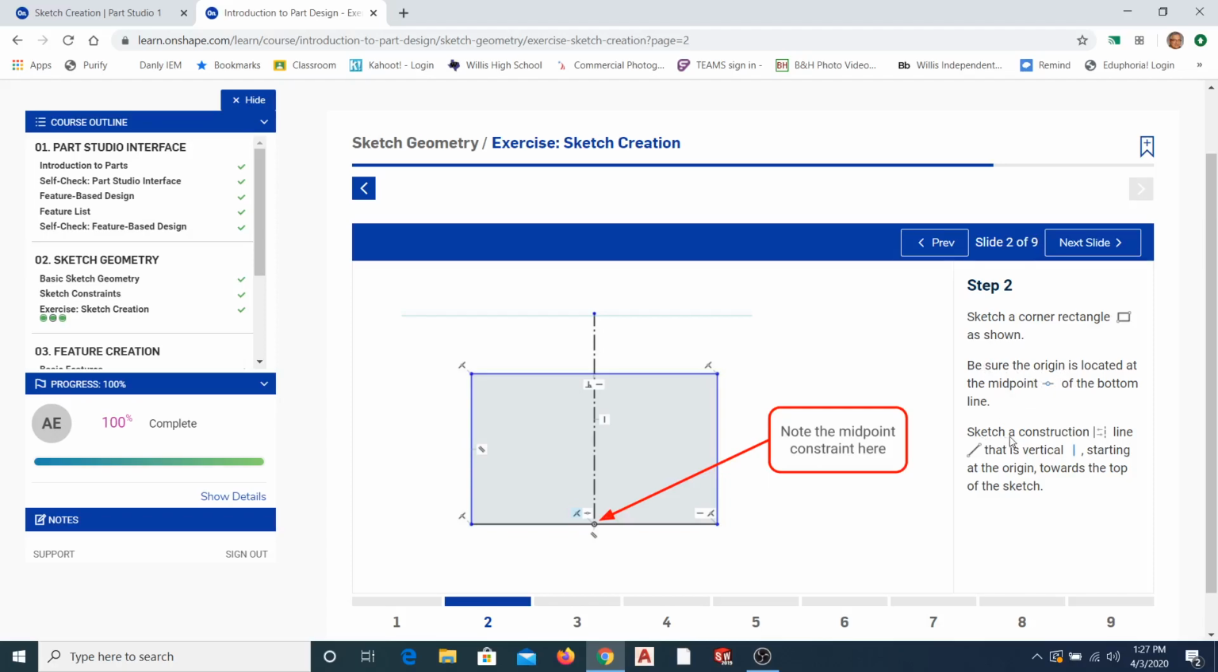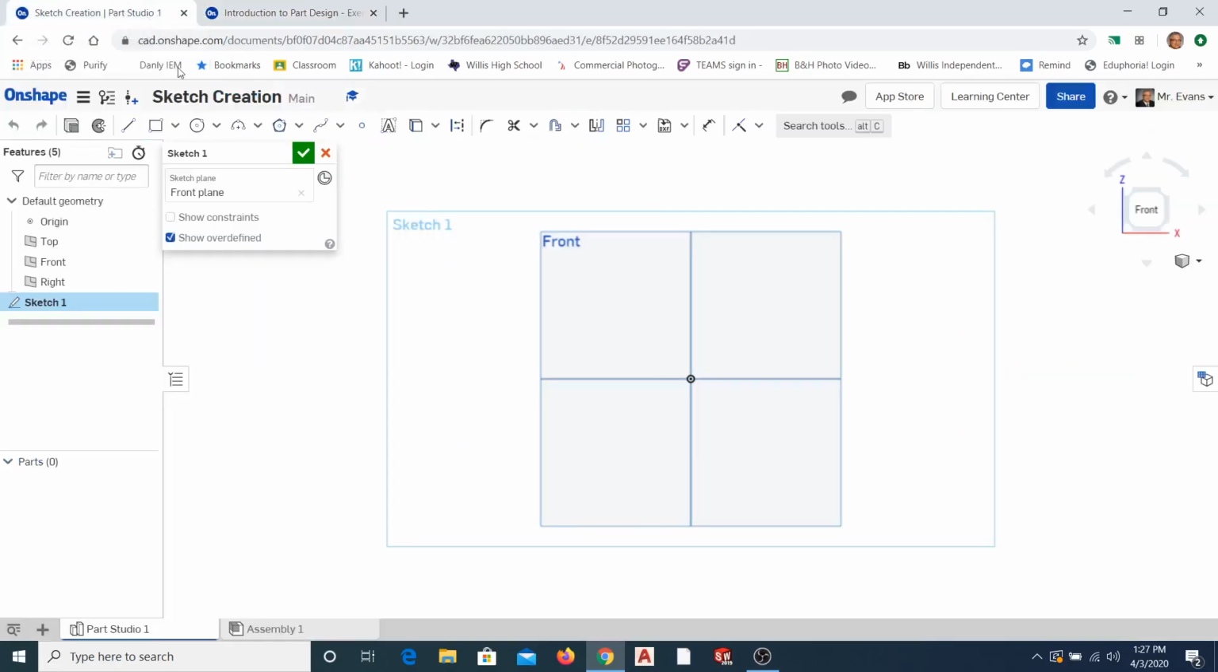And then sketch a construction line that is vertical starting at the origin towards the top of the sketch. So I'll go back here and I will go here to my rectangle command. And if you actually watch the video like you're supposed to, you'll know that that's where all these tools are. And I'll start it right here on this line and bring it up here. Now, one thing it did say was that this origin and the midpoint here should be,